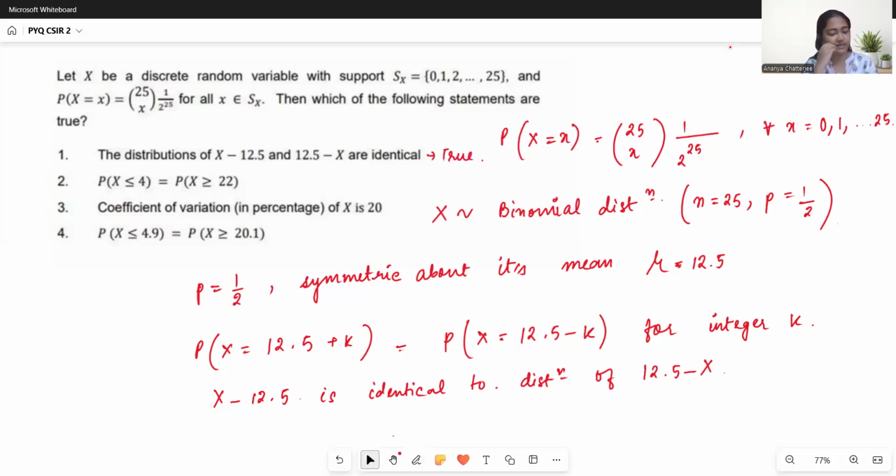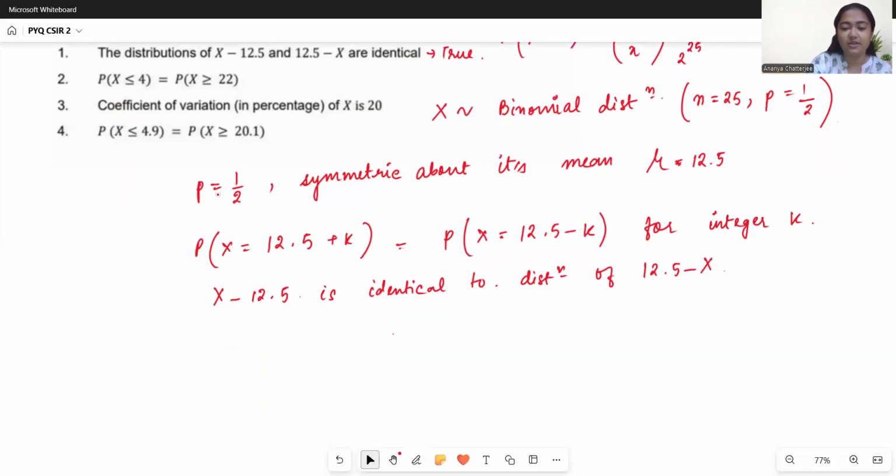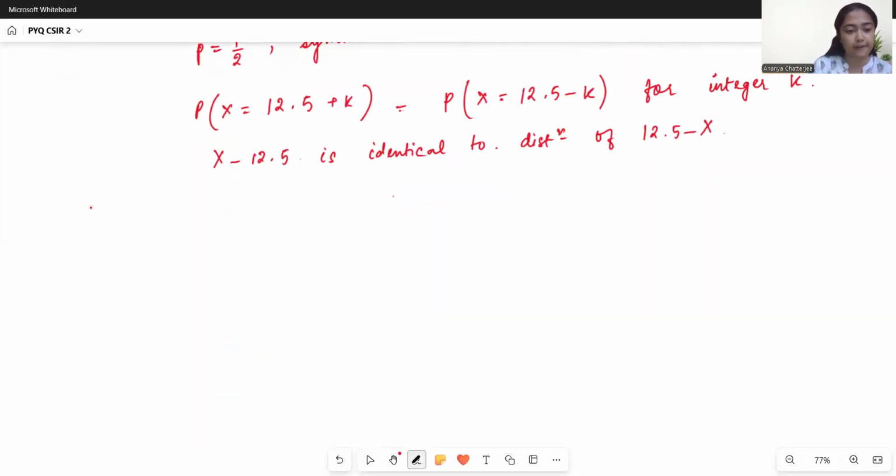Then moving to the second statement, it is given probability X less than or equal to 4 is equal to probability X greater than or equal to 22. By symmetry we can say, for statement 2,